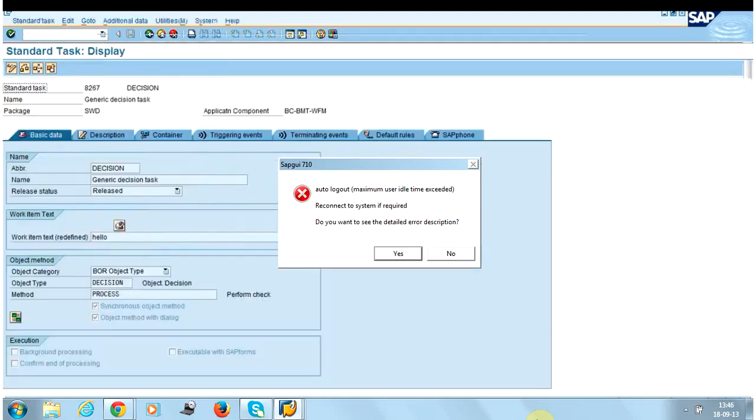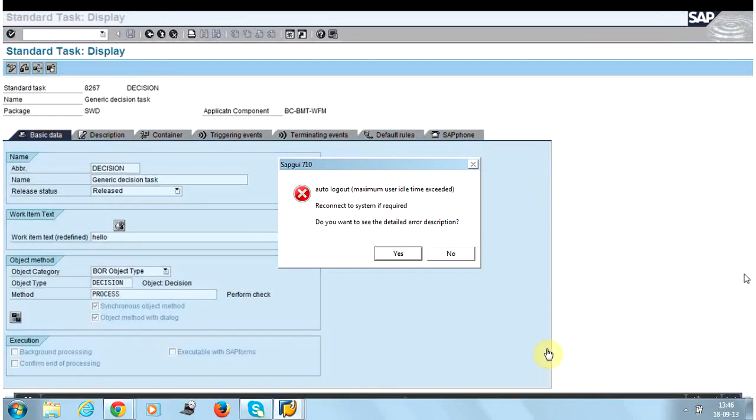reserved. Yesterday I was telling you about the reserved. Let me tell you one more difference between this work item and messages. Suppose you have sent one mail to your friend through Gmail or Lotus Notes. Suppose you have sent it to 5 friends. So that message is common, but it is sent to 5 friends. Suppose one of the friends reads that message. So that message will still be present in all the 5 users' inboxes.